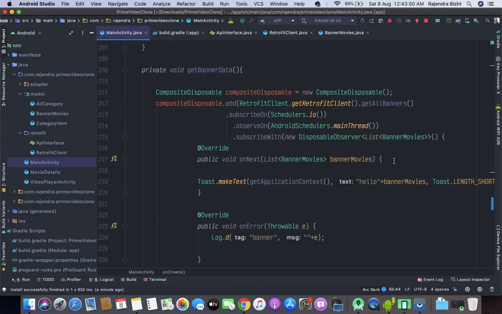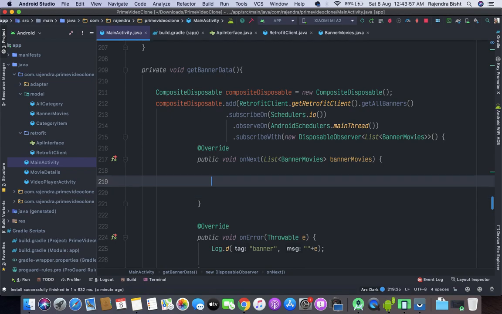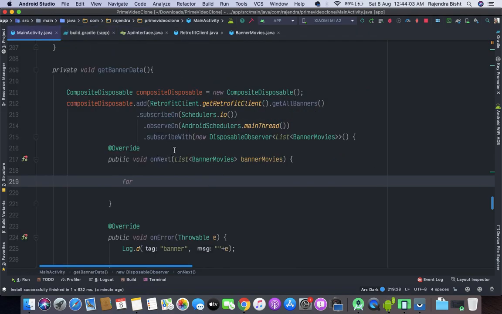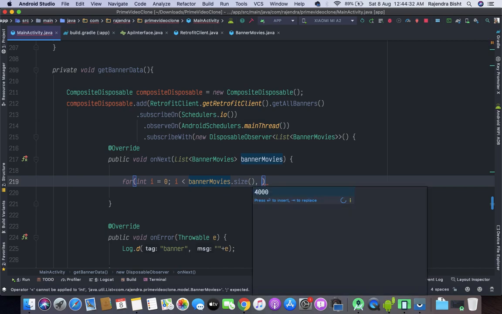So now inside the on next, we will add a for loop: int i is equal to 0, i is less than banner movies dot size, and i plus plus.